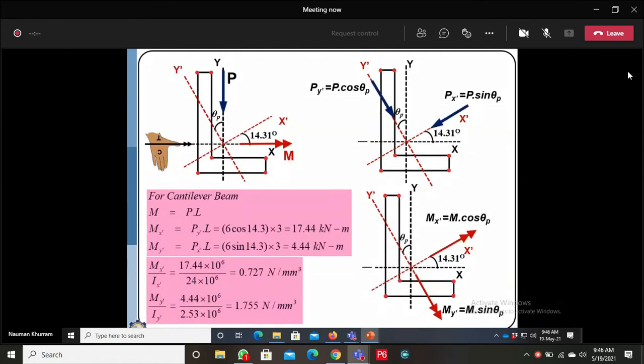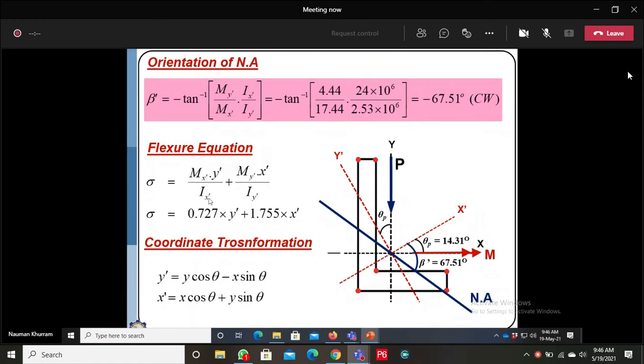Okay, next we need to compute the moment. So actually we're supposed to use this equation. I told you that this equation is only applicable if all values, moments y bar, x bar and Ix and Iy, are given with respect to the principal axis. For a symmetrical section, the centroidal axes are also the principal axes. So we don't need to transform the moment of inertia from the central axis to the principal axis because they are the same.